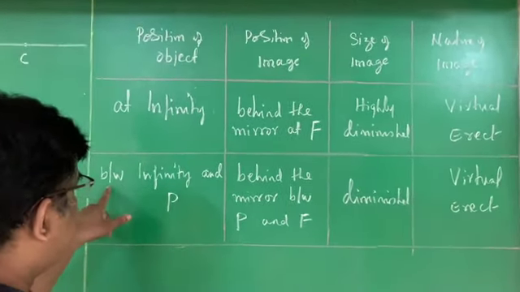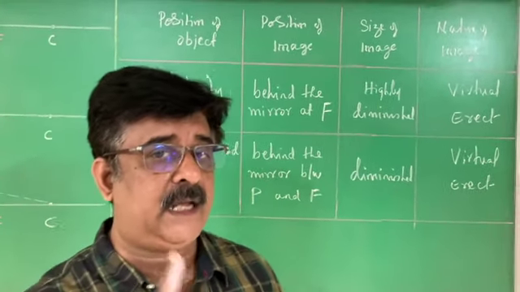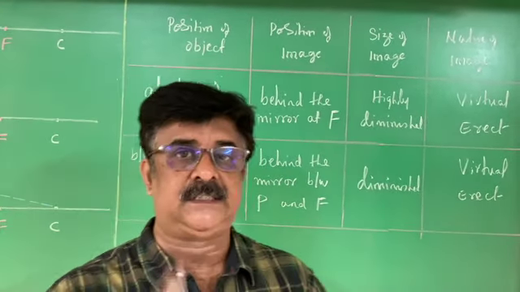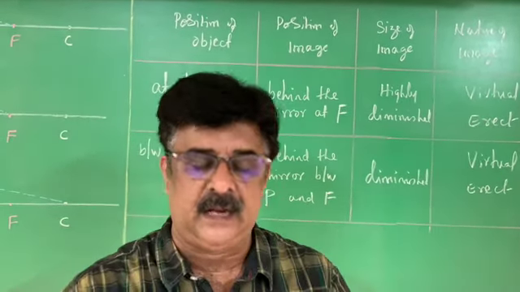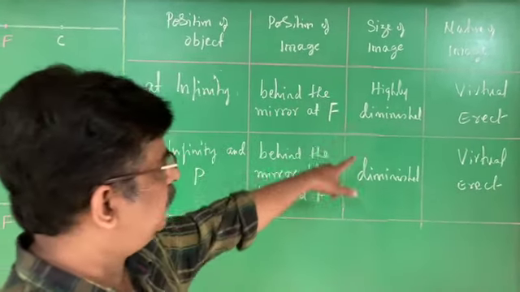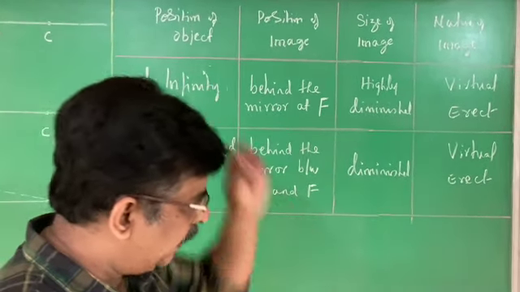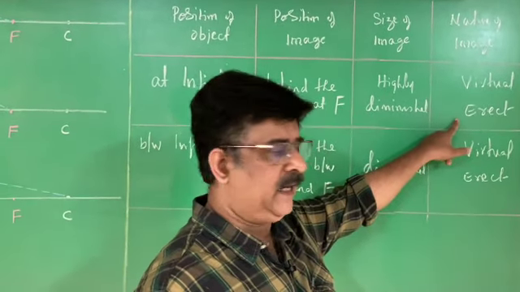By this what you understood is, convex mirror is one such mirror. Here always we get a diminished image. In public examination they ask a question: name a spherical mirror which always produces a diminished image. You can't get an enlarged image in the case of a convex mirror. Always the image is diminished. That mirror is the convex mirror. In a convex mirror, always we get a virtual and erect image. Virtual images are always erect.